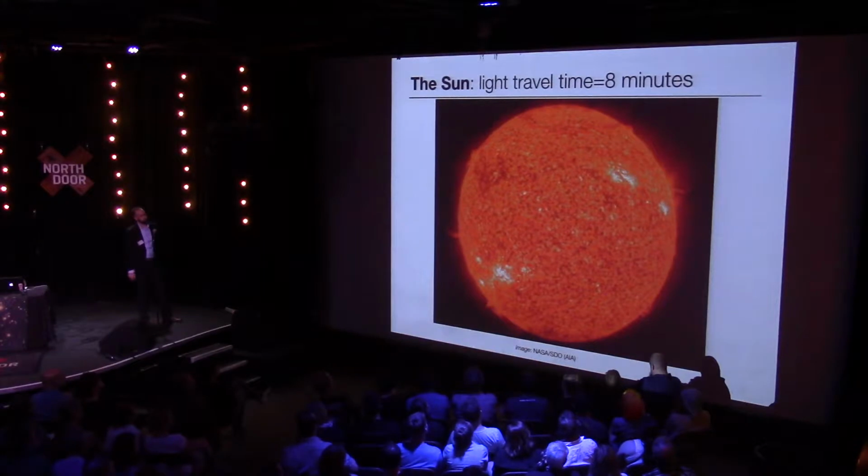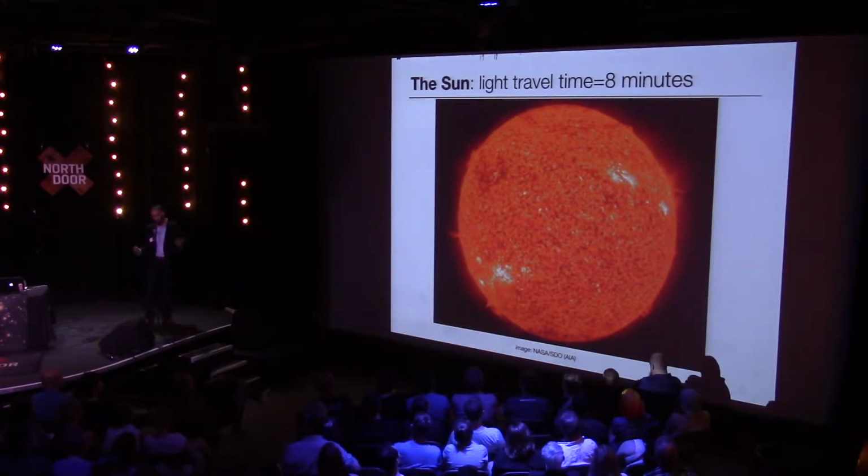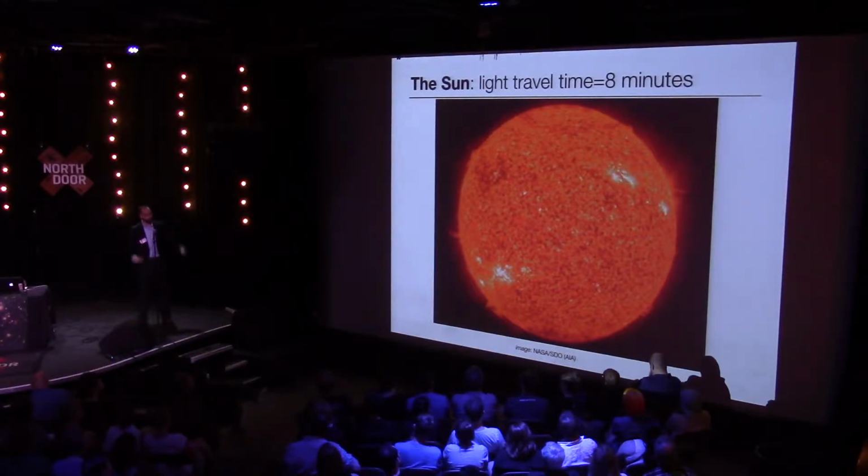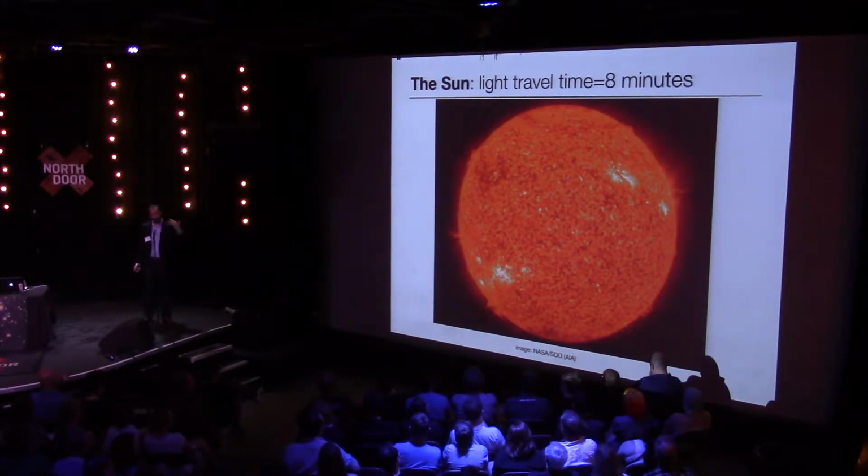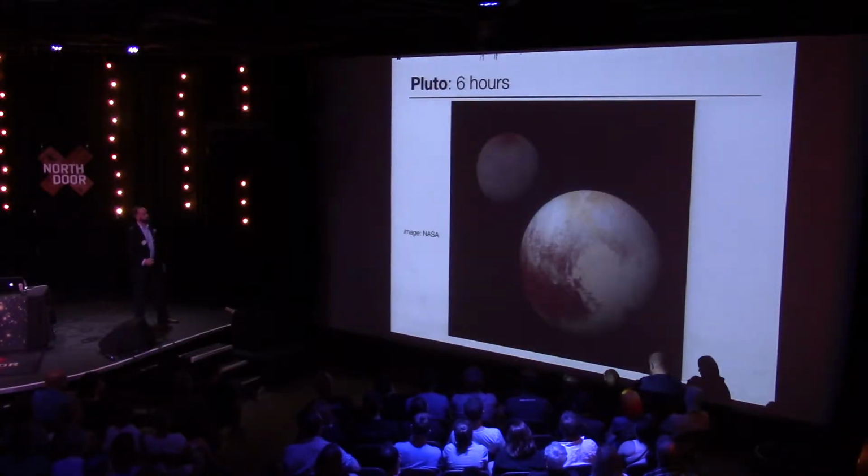So in this picture of the universe as a time machine, we can think of how long it takes for light to get to us, and that tells us how long ago that light was emitted, how far away we're seeing. So for example, the sun, it takes light 8 minutes to travel to us from the sun. So the sun may disappear in 7.5 minutes. Don't bet on that, but we wouldn't know, all right? Pluto, everyone's favorite dwarf planet, takes 6 hours for light from Pluto to reach us.